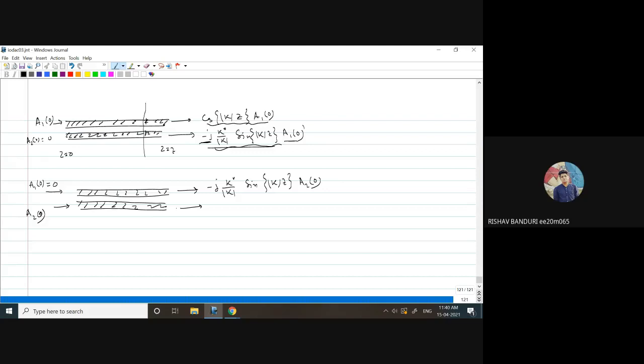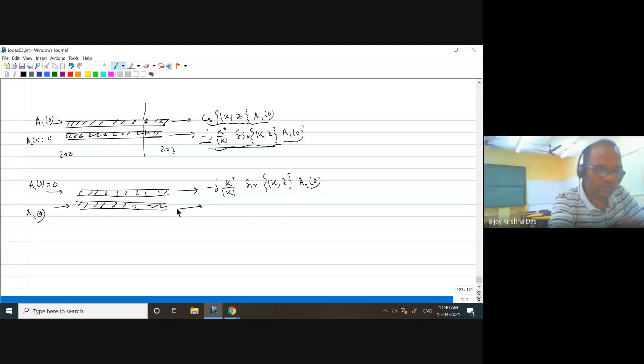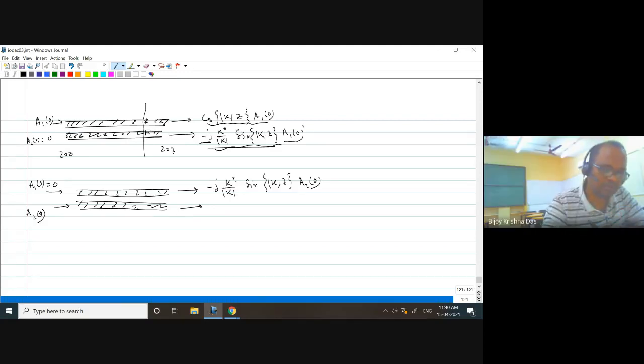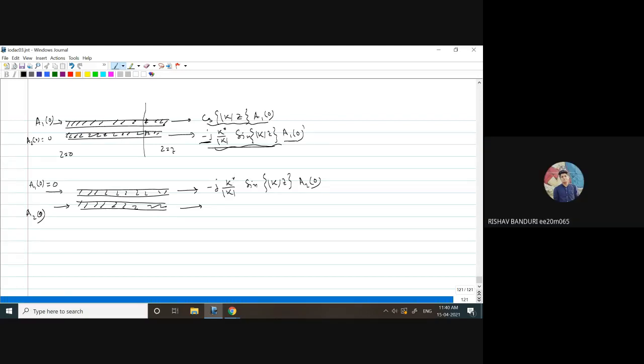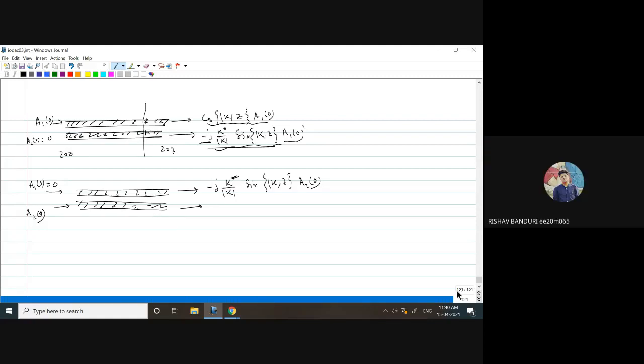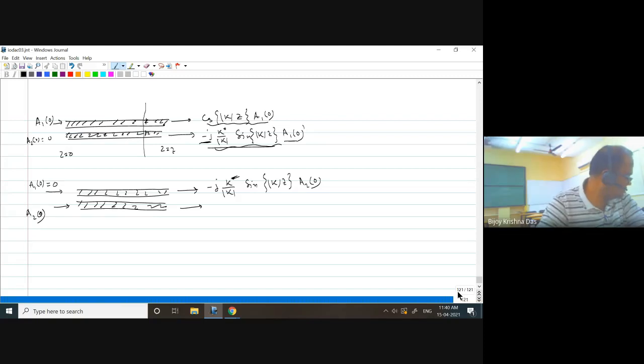And this one will be kappa, after putting in this equation A1. Kappa is coming, not kappa star, in this one? In the previous case, it is kappa, right? Yes, kappa star will not be there. From those two equations you see, that's correct. So that star will not be there. So that means kappa by kappa mod.